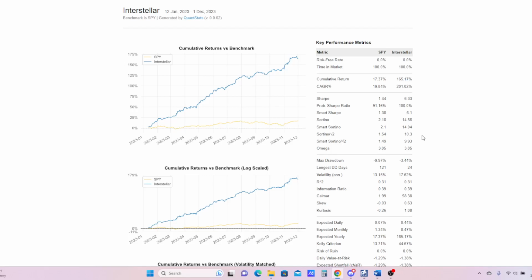Sharpe measures the standard deviation up and down, while Sortino just looks at downward deviation from the mean. So that 10.3 being significantly greater than that 6.33